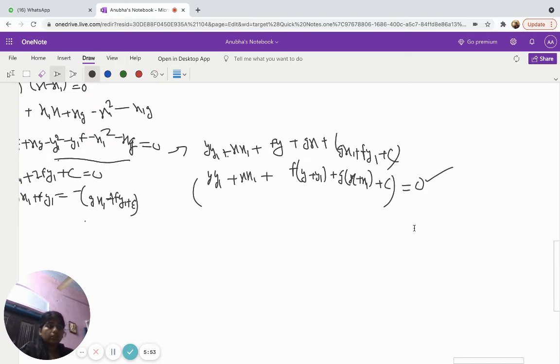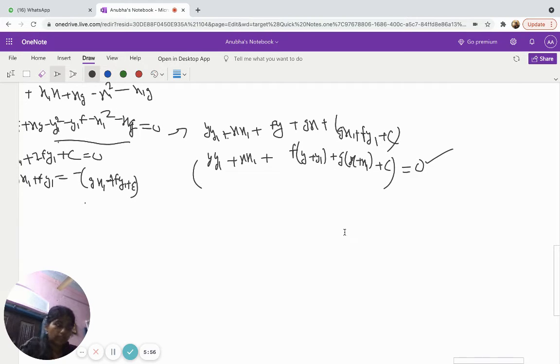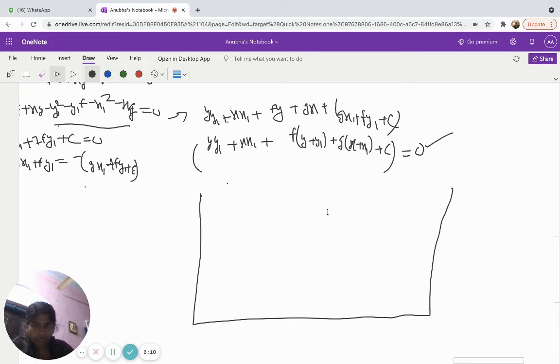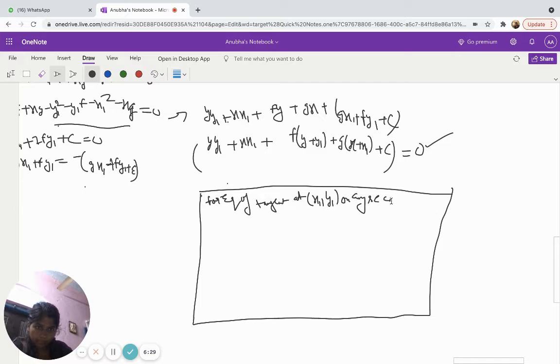So like I told you, for the equation of tangent at P(x1, y1) of any second degree curve, remember this, like I made this in a square box, write this. So please remember all these things. For the equation of tangent at x1 comma y1 on any second degree curve,